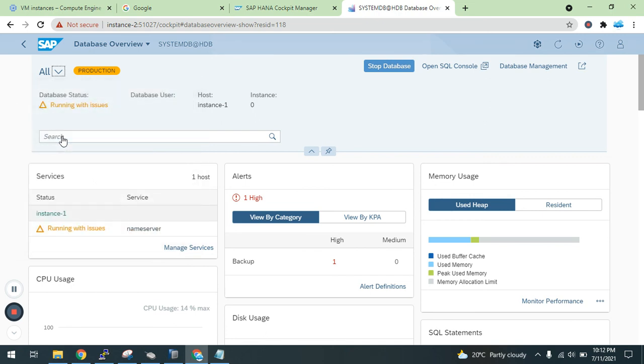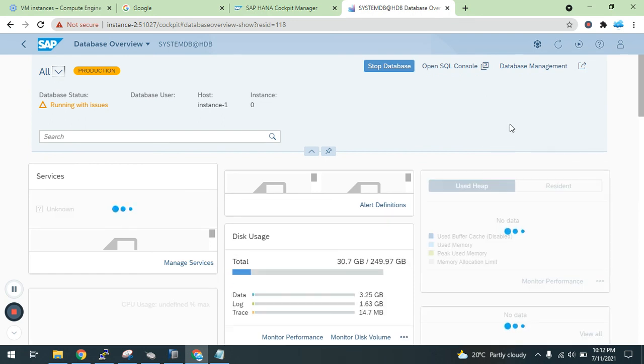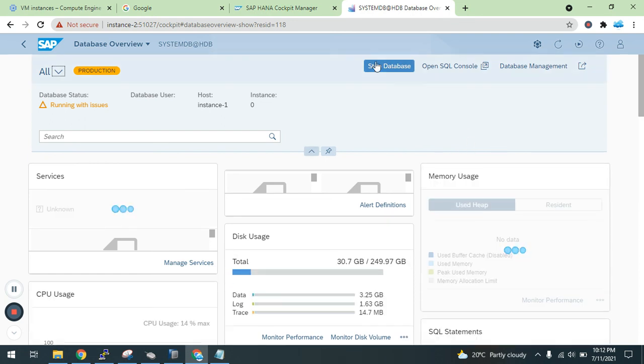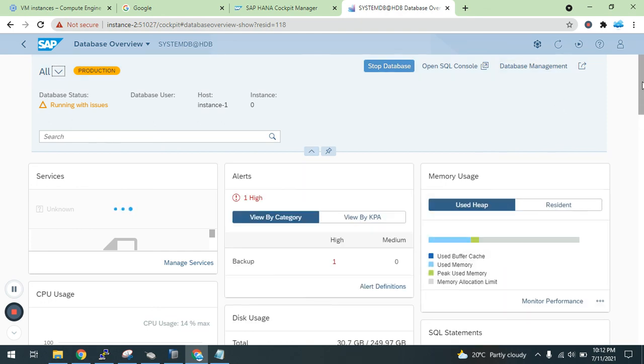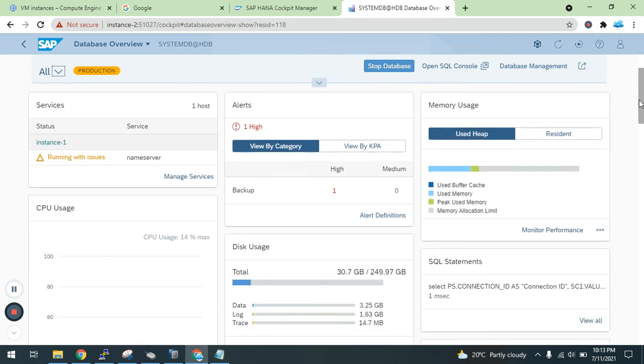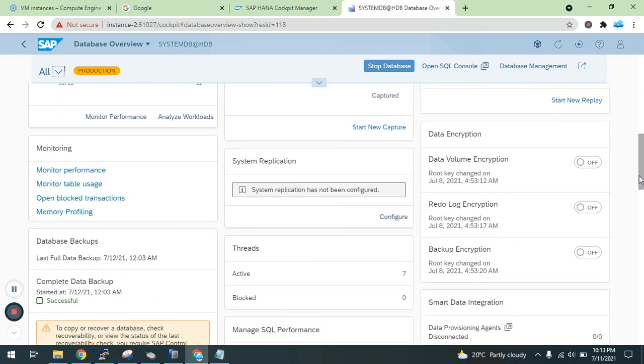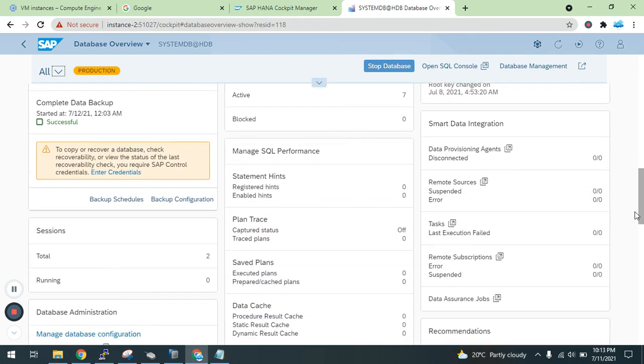I'm putting All so that everything will be shown over here. You can do administration also, like stop database, open SQL, then database management, and these are different tiles. You can see services, which are running, then alerts, memory usage. There are different tiles like CPU, disk, SQL. Here you can do monitoring for all those things.